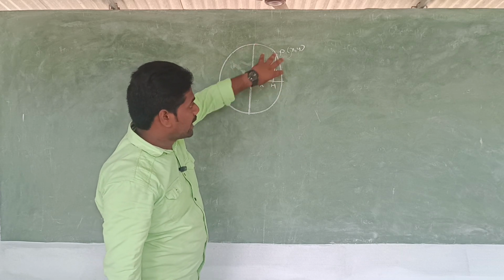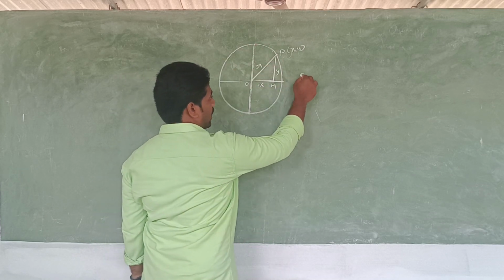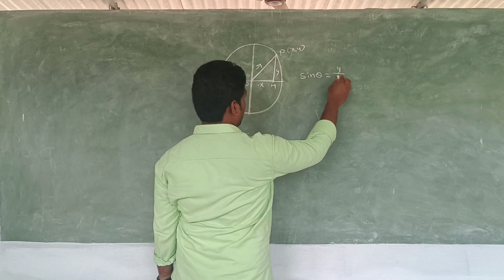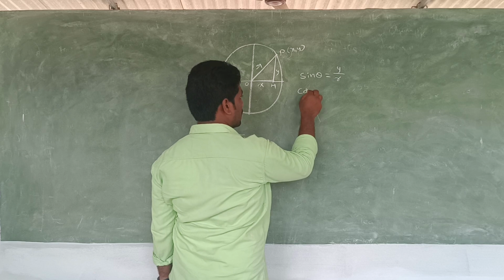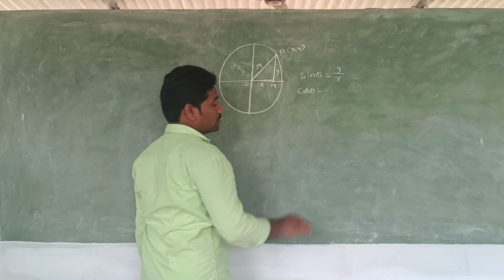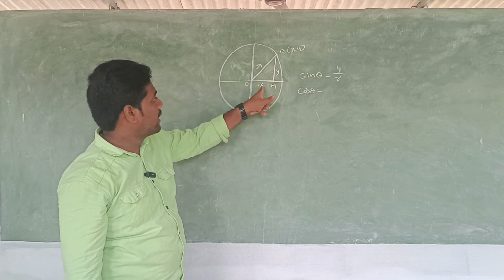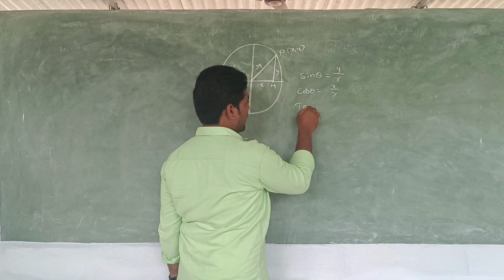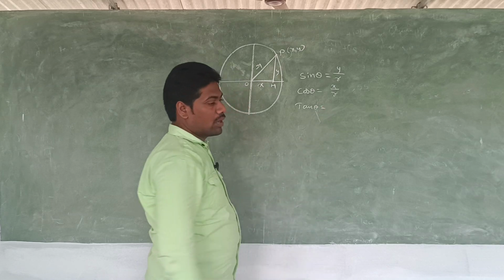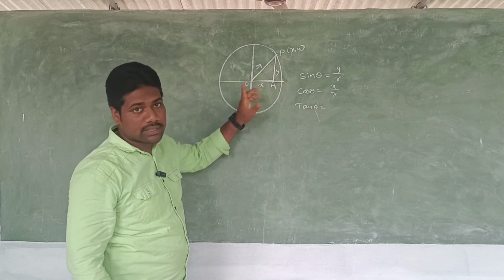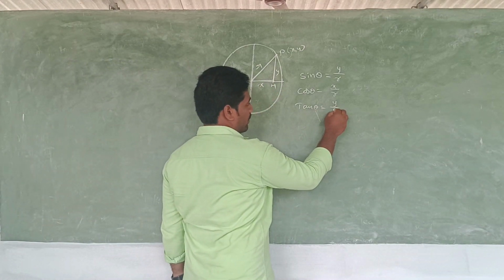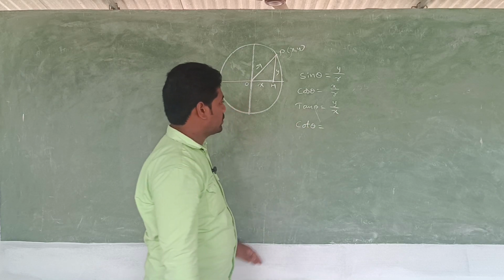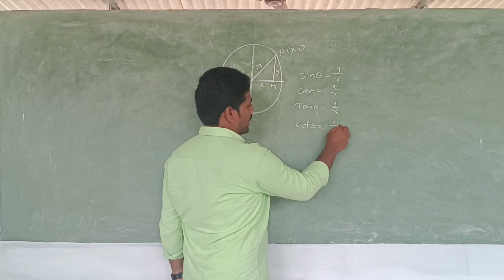By using this right angle triangle, we see that sin theta equals y by r, cos theta equals what? Adjacent side by hypotenuse, that is x by r, and tan theta equals opposite side by adjacent side, that is y by x, and cot theta is equal to x by y,